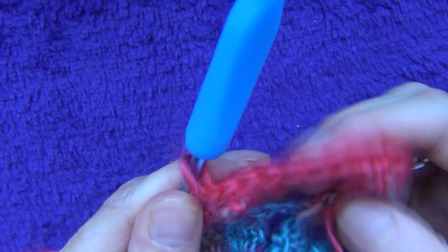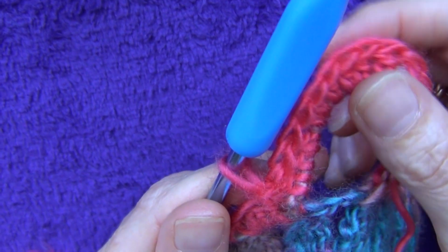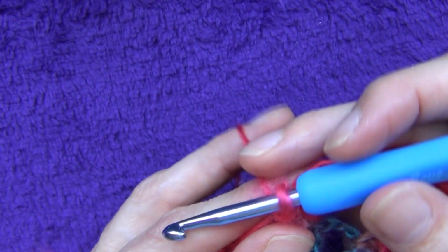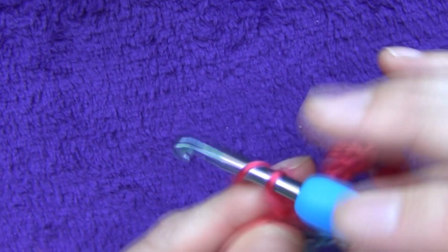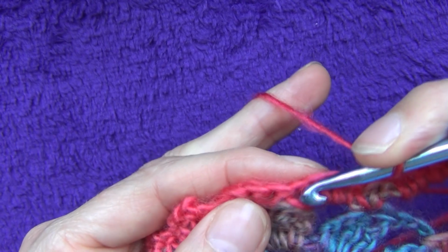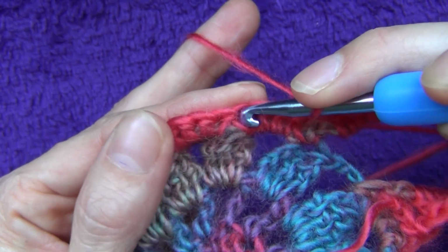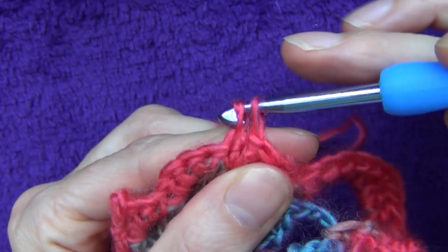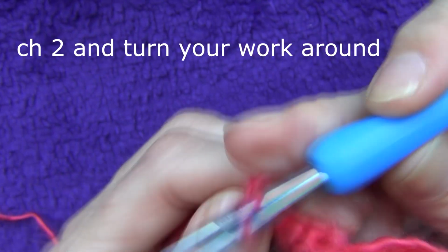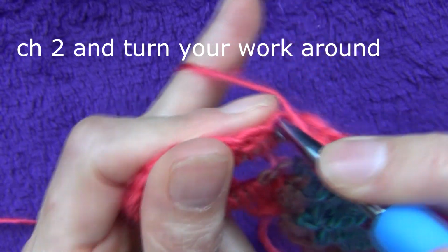Alright, so we've done our 15 double crochets in that chain, and what you're going to do now is you're going to chain 3, and then you're going to single crochet into this single crochet over here. So the fourth one over here, you're just going to do a single crochet in there. So then you're going to chain 2, and then you're going to do a double crochet in your very first chain,